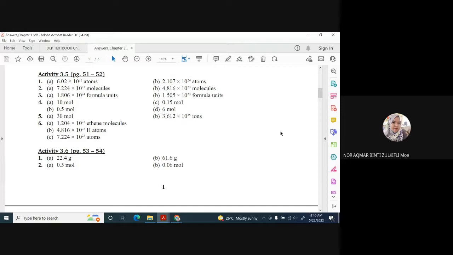You can see from the Telegram group, I already posted the answers for your workbook. Since it's very important for you to know the format of the examinations, your workbook is very important. You can see that they have objective questions and also structured questions. So the exam is the same as your workbook format, except there is no essay. So there are 20 objective questions and 5 structured questions.